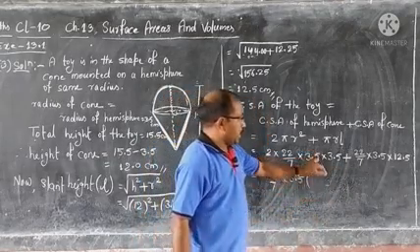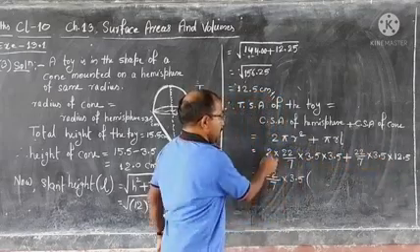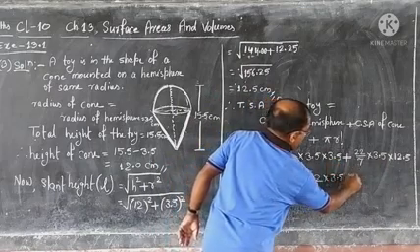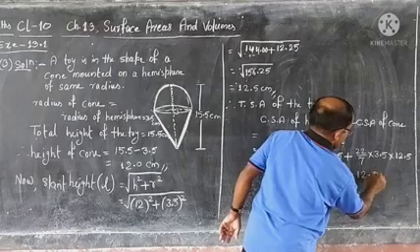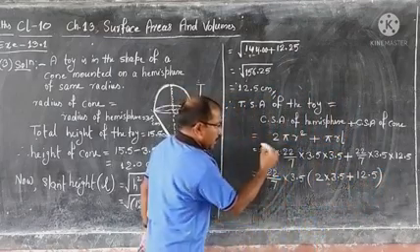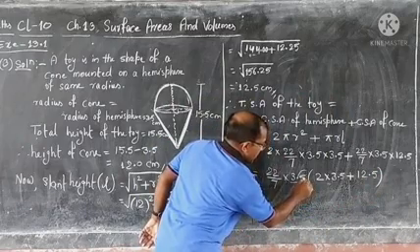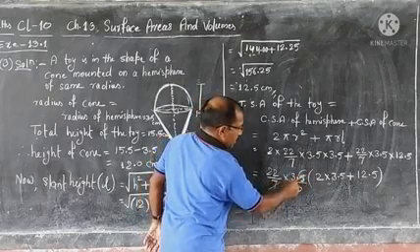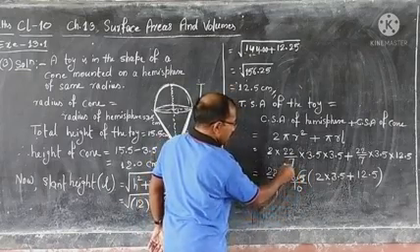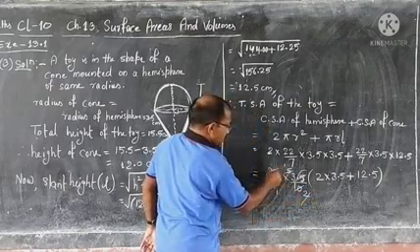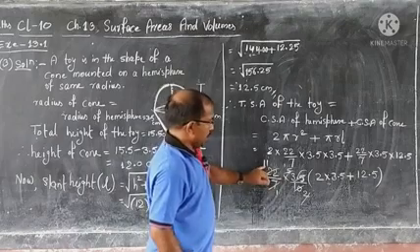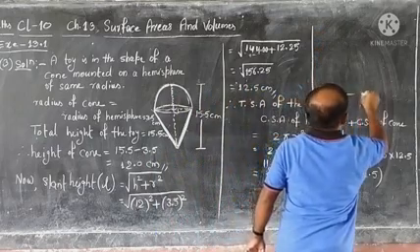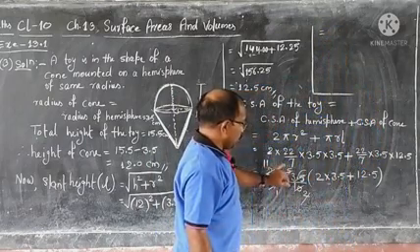So, 22 by 7, 3.5 common, remaining here 2 and 3.5 plus here 12.5, rest everything is already common. And now we will remove the decimal, this is 3.5 by 10 will come because one digit is there, then cut. 7 ones are 7, 5s are 35, 5 ones are 5, 2 ones are 2, 11s are 11. So, we have reached 11 into 1. So, last part here, 11 into 1, 11.